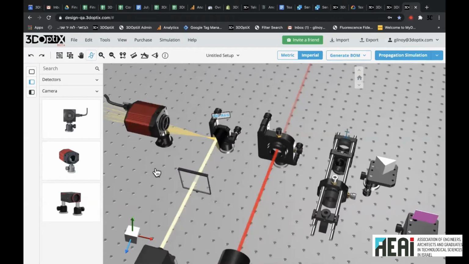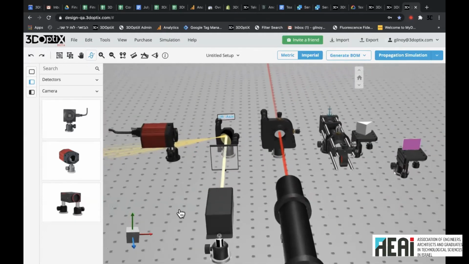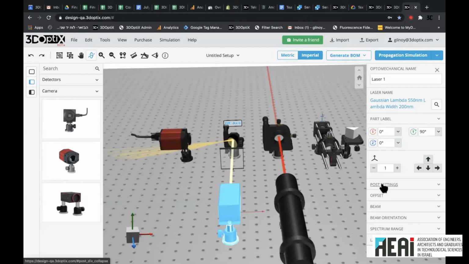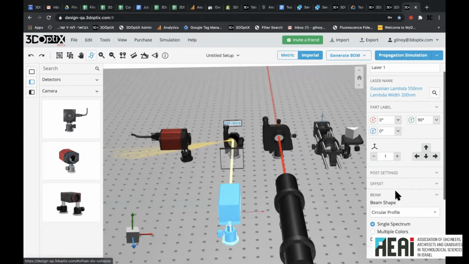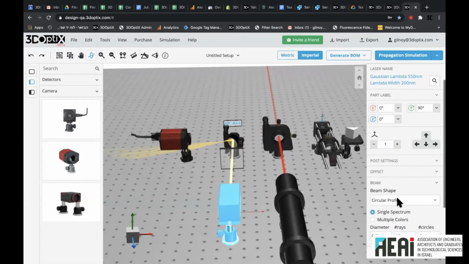I didn't mention at the beginning, what we are running here as the simulation is a ray optics simulation. So this is the physical engine that is running in the background. Back to the laser, you would see more functions for the laser. One is the beam. So you can do a beam shape profile. So you can do a circular profile. We can do matrix illumination and one ray. So circular profile, we can define the diameter. So here, let's do a 4-inch. Let's do 25 rays. And